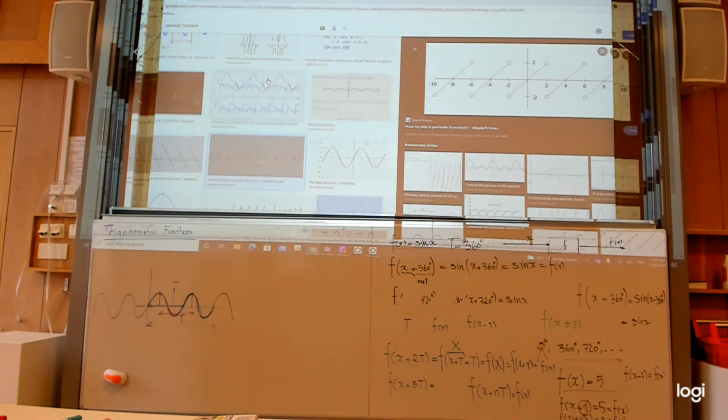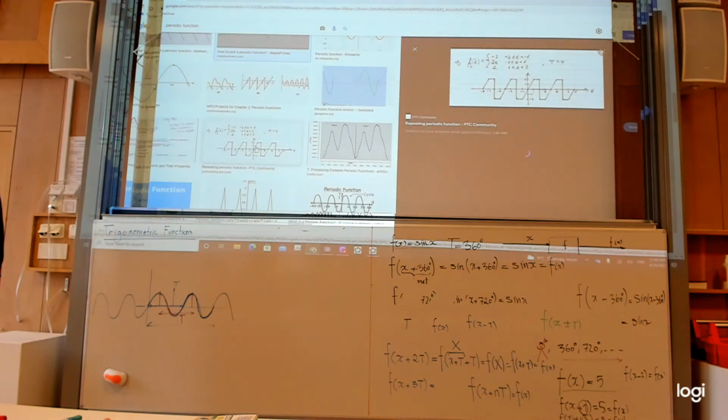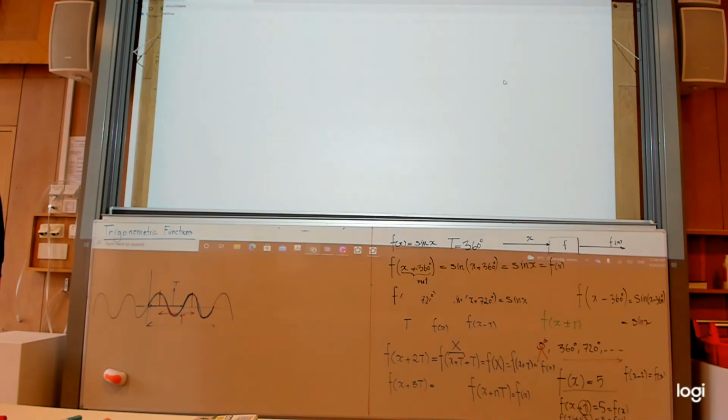I don't see any interesting thing more or less here. So for example, let us look at this graph. What do you think? Is it periodic? And if it is,